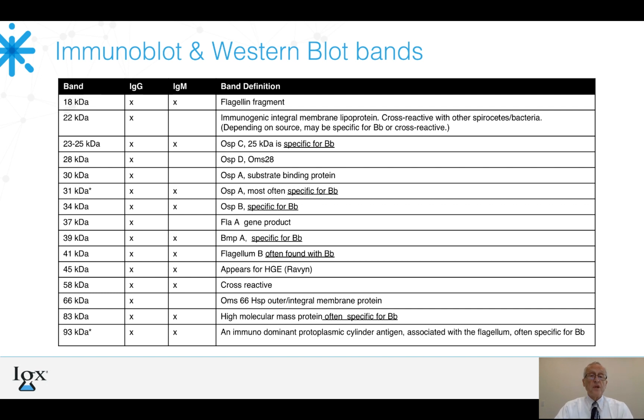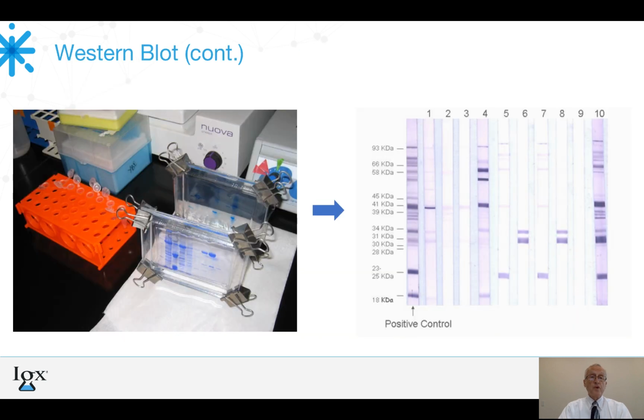So specificity of Borrelia burgdorferi bands has always been a problem, and even in a Western blot, it also adds to the confusion. Now, a Western blot is nothing more than a transferred piece of nitrocellulose. It's a piece of paper from a gel. In the gel on the left there, what we have done is you use the antigens that are specific. They're spread throughout the